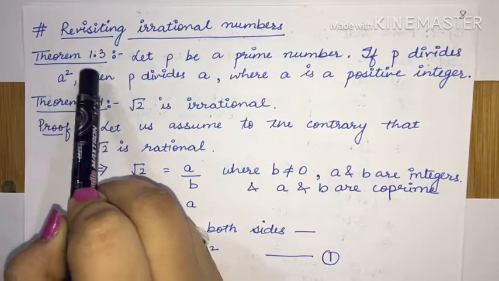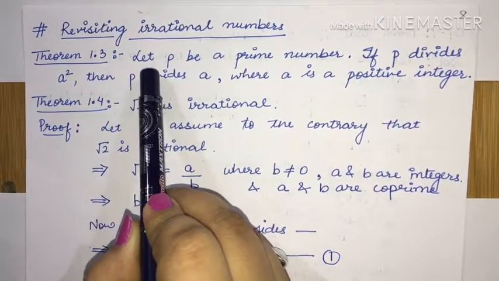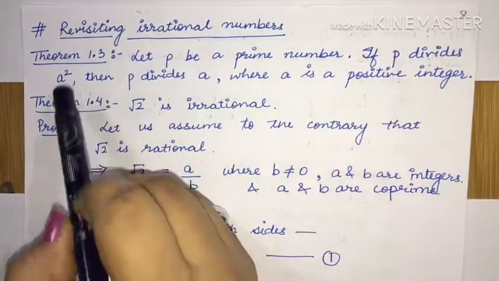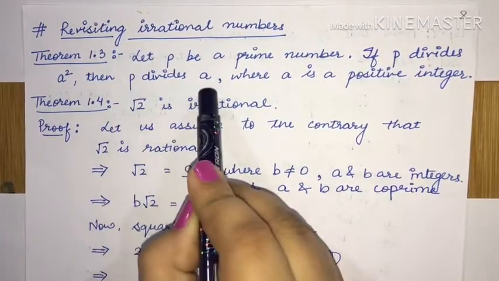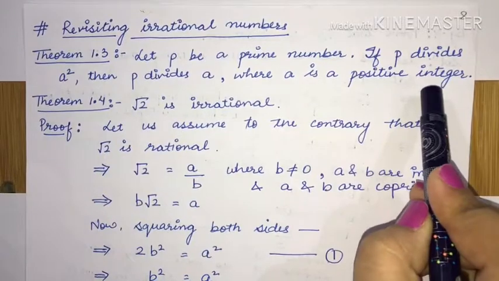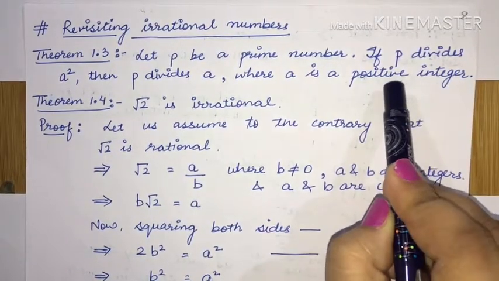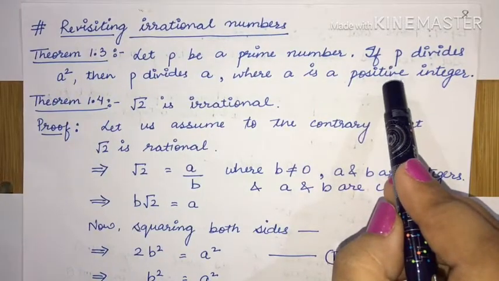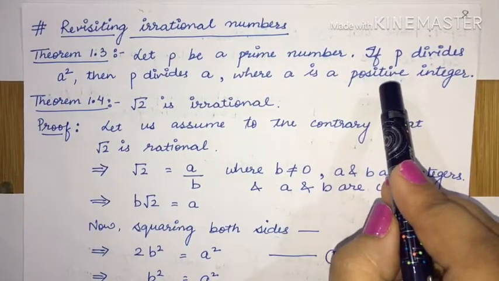Now, we'll do Theorem 1.3, which says: let p be a prime number. If p divides a square, then p divides a, where a is a positive integer. So, we'll use this theorem in further proofs. We'll move on to the next theorem, which is Theorem 1.4, which says